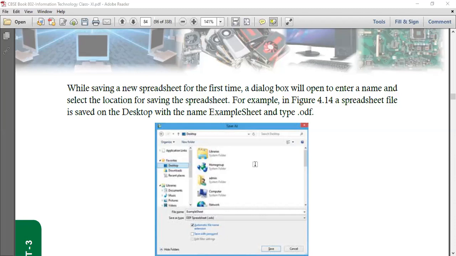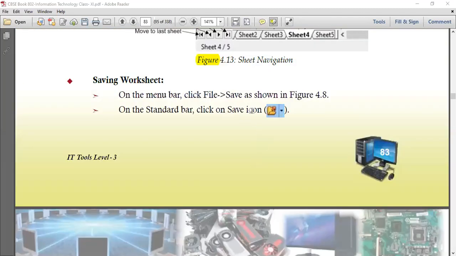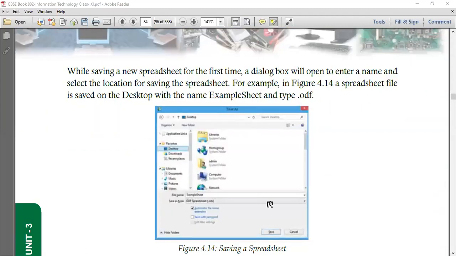Fine. Or the third way is you'll find one save as icon. This is wrongly shown here. This is not the save button icon. सेव वाला आइकन अलग होता है. You see here, this is the save icon on the top. ठीक है, this is the open icon. ये जो हमने पहले किया था, ये ओपन वाला आइकन है. सेव आइकन ऐसा होगा आपका. Floppy kind of thing will be visible. So click on this save icon. Again we'll get the same dialog box. वहाँ पे आप location specify करो, write the name of the file, click on the save button, and the file will be saved.